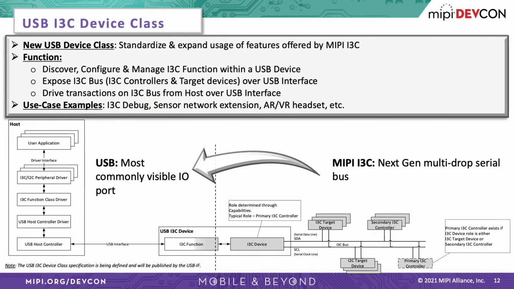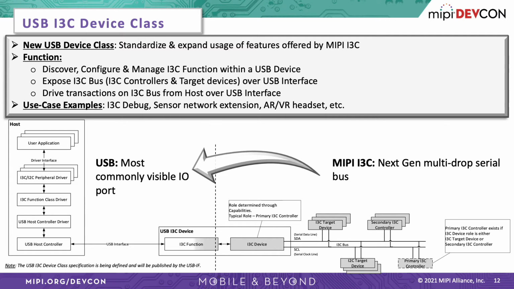On this slide, unlike the Type C sidebands, this is a case where through USB.org, a new type of device class has been added, which is the I3C device class. Its intent is to be able to use USB to communicate with an apps processor or an MCU or a dedicated tiny device that can be used to access the I3C bus. Now, this could be used, of course, for other purposes besides debug, but one of its values is the ability